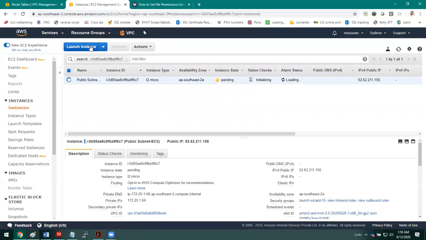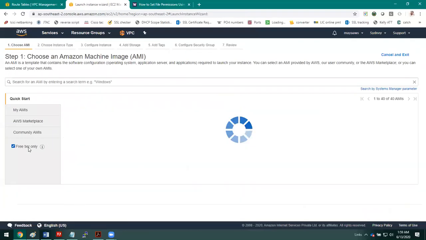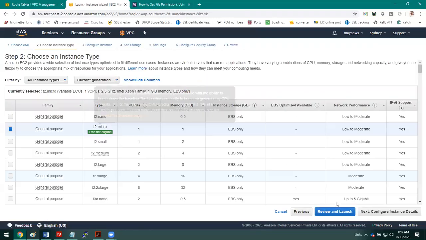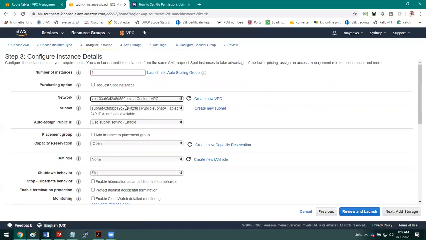Fine. Also, I'm going to launch one more machine in the private subnet. Let us specify the subnet.